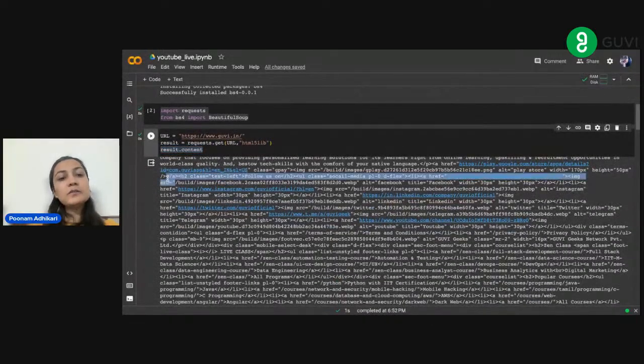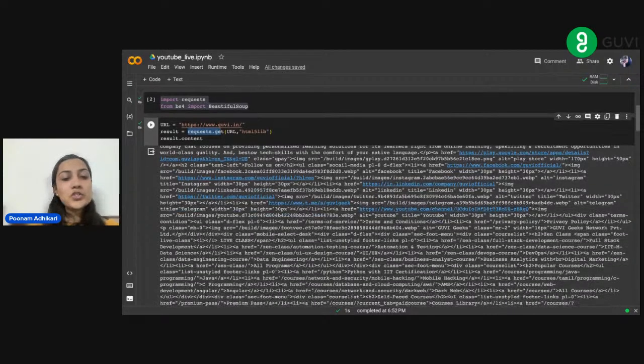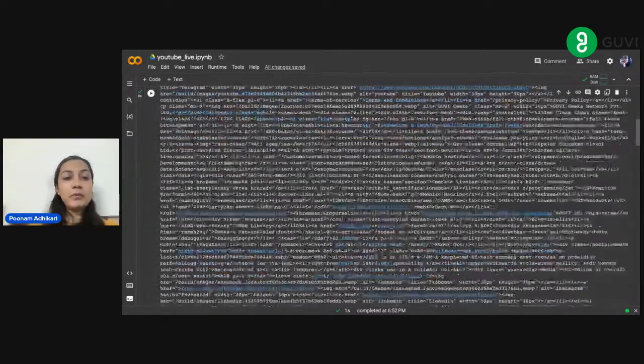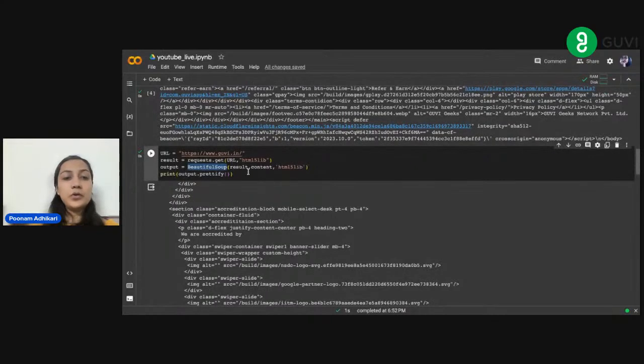This content looks very messy. I'm not able to read this content, because this request is going to give you only the content from the web page. What I wanted is the content to be in a readable format. To make sure that the content is formatted properly, we're going to use a package called